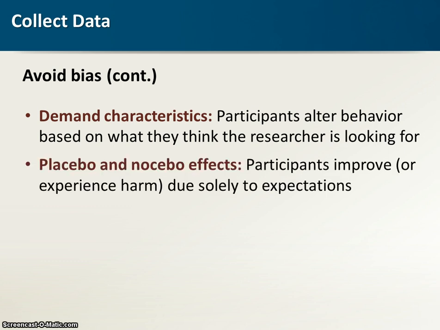And then the last thing we have to watch out for is what's called placebo effects and nocebo effects. So placebo effect is when a person improves based solely on expectations. So like somebody takes a pill and they got better just because they took a pill, not because of the pill's active ingredients. So that's the placebo effect. Nocebo is just the opposite. People experience harm because they expect to experience harm. And usually when people think of placebos, they think of sugar pills, but you could also have placebo acupuncture, placebo injections, placebo surgery. Anything you do, if it makes someone get better due to expectations, then it was a placebo.